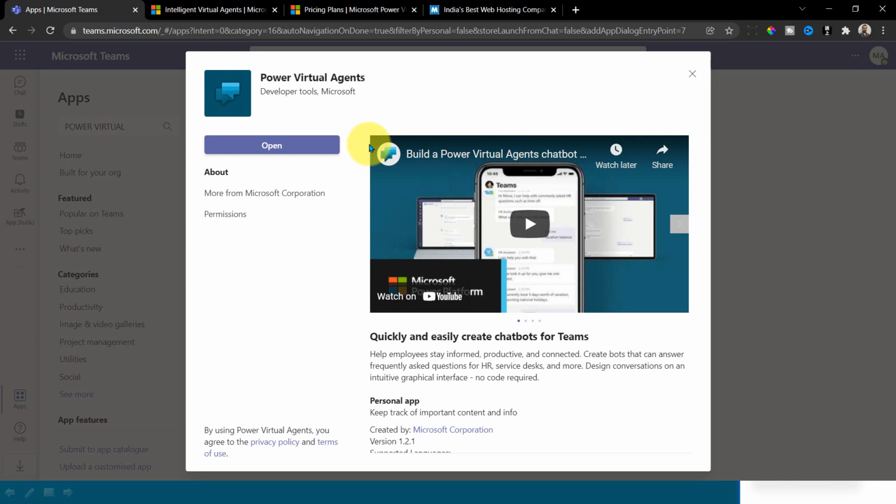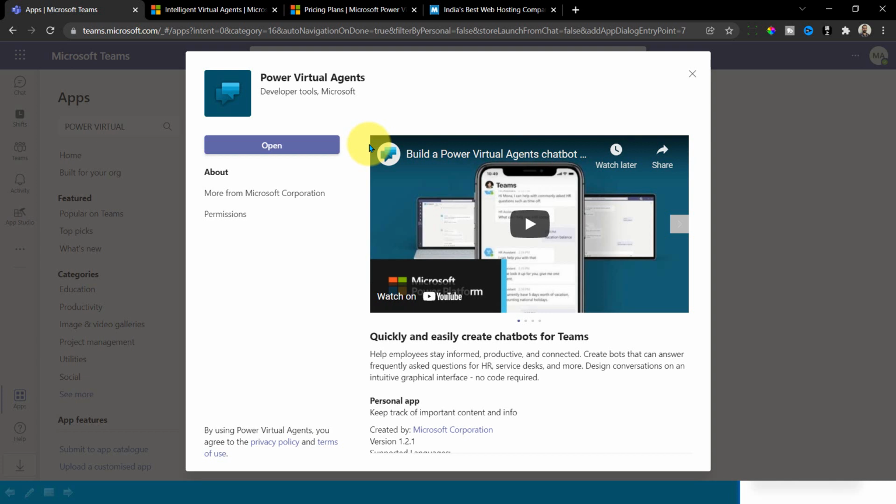If you want to help the onboarding employees and we have given them the Teams access, once they log into Teams they can install this chatbot into the Teams channel, which we're going to show in the later part of this series. So once they log into Teams and go inside the chatbot, they can raise any kind of queries related to their onboarding process, access issues, or technical issues. Everything can get answered via this chatbot instead of any human interaction. This actually saves a lot of time for the onboarding process.